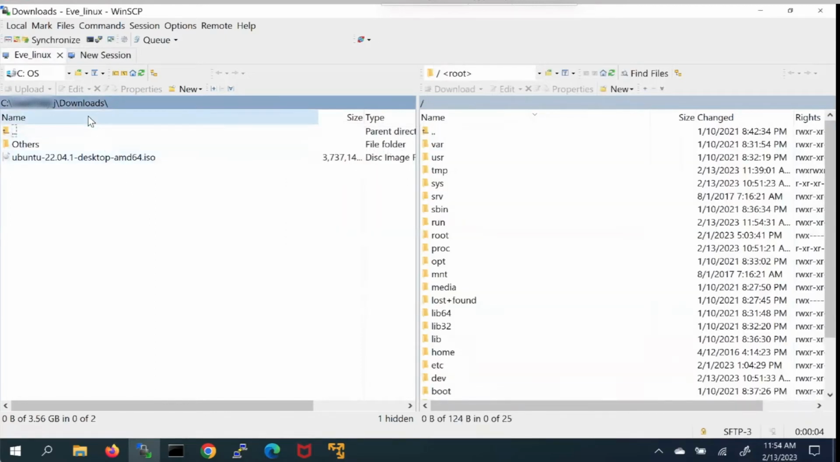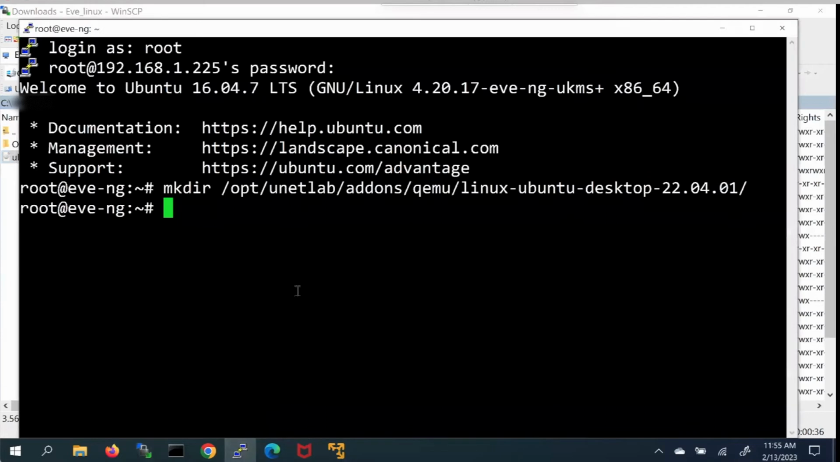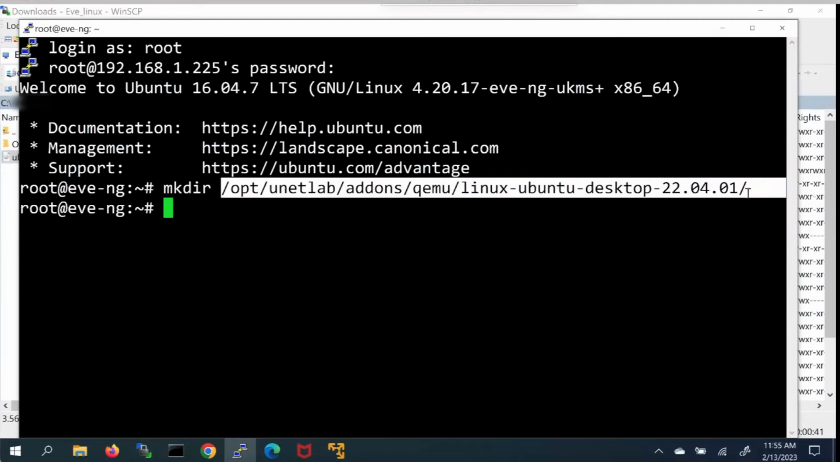Here the left side is our local machine directory, the right side is our virtual machine Eveng directory. On the left side, I am under the downloads directory. Here we can see our Ubuntu 22.04 image. And on the right side, we have to go into the new directory we have created. We have to move this file from the local machine to the virtual machine's respective directory. So I'll go to the PuTTY app and copy the directory path. I'll copy this